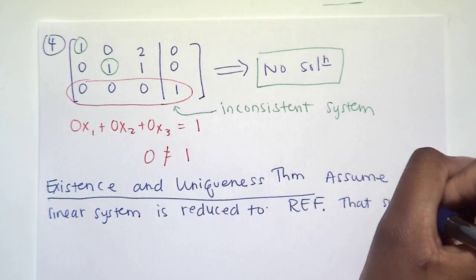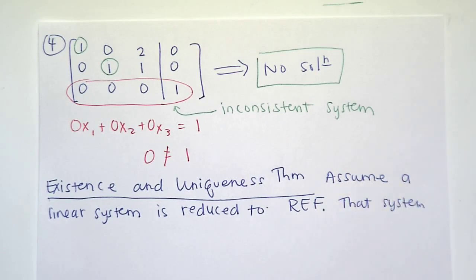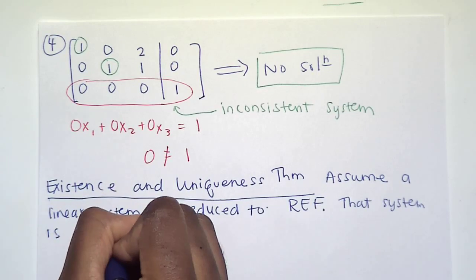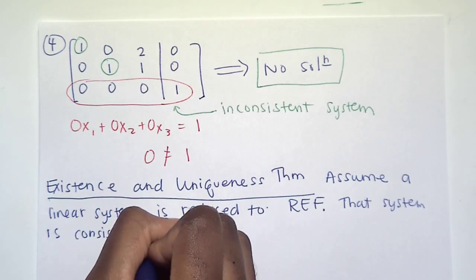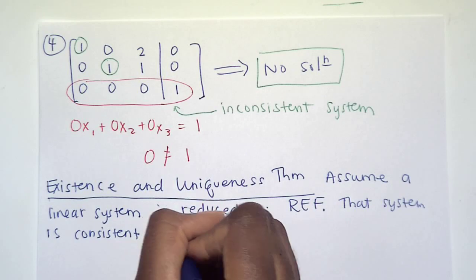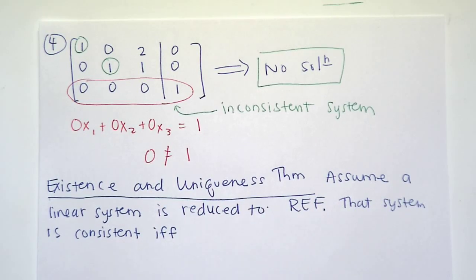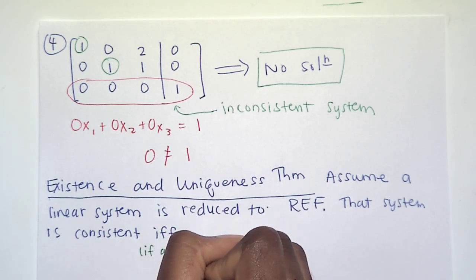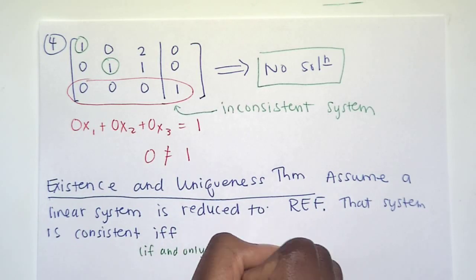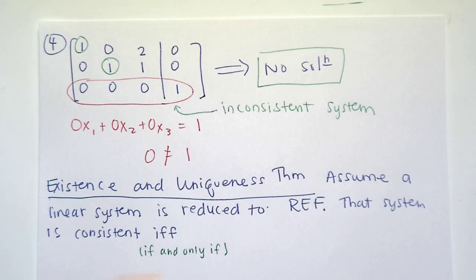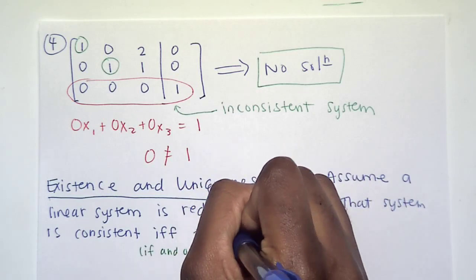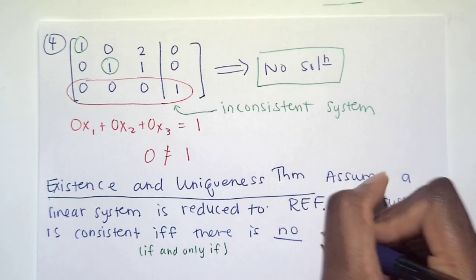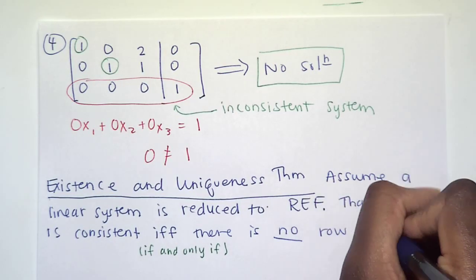That system is consistent if and only if, so this is my shorthand for if and only if, there is no row of the form